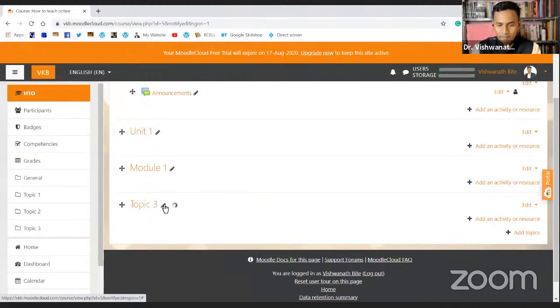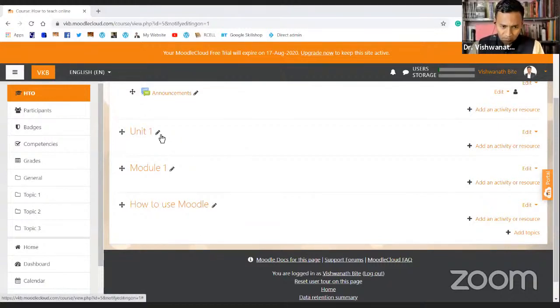So I'm giving you these variety of options here. Whatever the section name you want to give, you can give, whether it's unit 1 and module 1, or you want to give the entire title, you can do that. For the demonstration, I'm just using this one. Okay, so that's the very simplest and straightforward way of doing it.